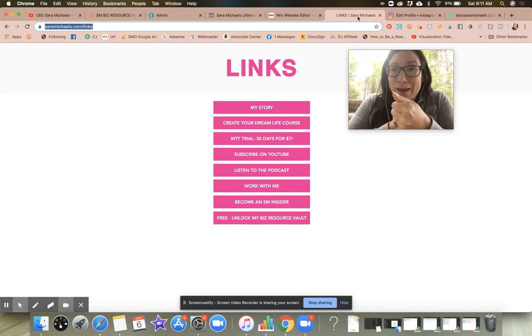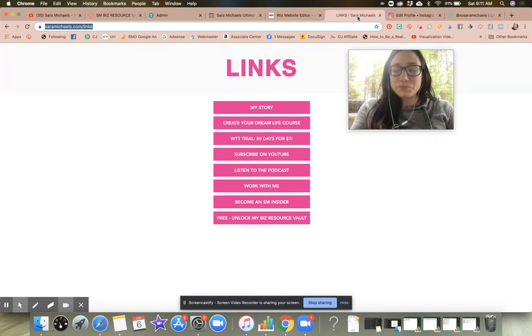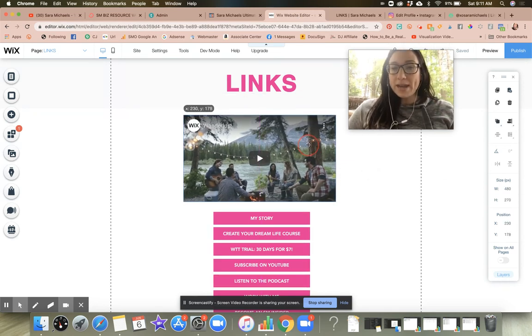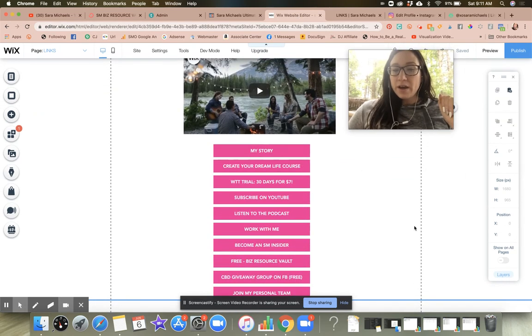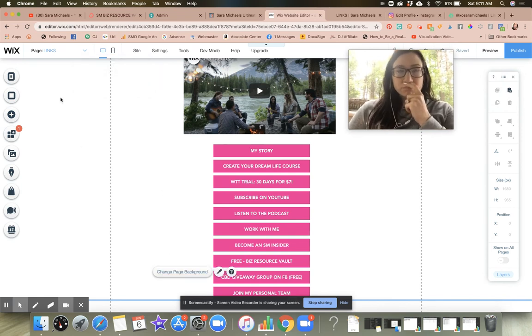You want to capture them. Like, you want to get them in. You want to fold them in and be able to connect with them. So that's the goal of that. So if you want, by all means, go ahead and add a little bit of a video there. Keep it nice and short and sweet. And you can always check and make sure that it looks good. Okay, now